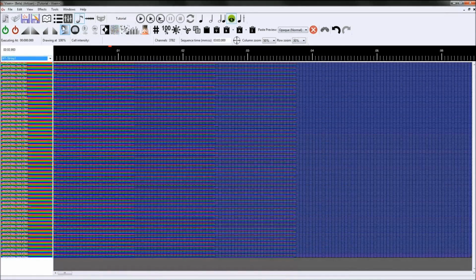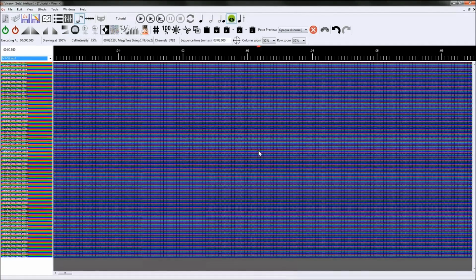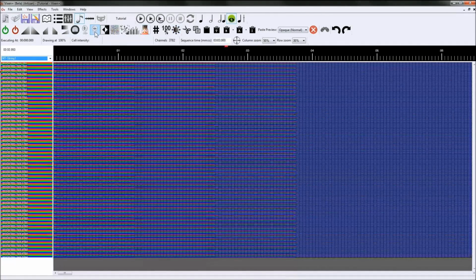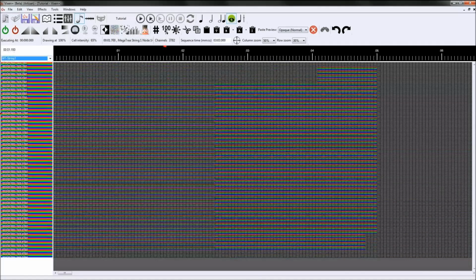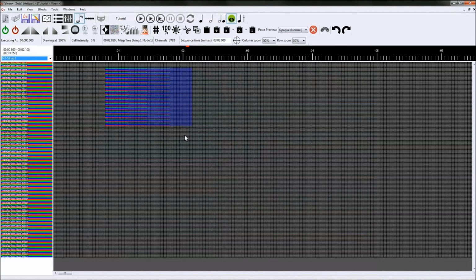And I can set all the cells that are selected to a specific intensity. I can say set it all to 75%. Now they're all set to 75%. I just undid that. Mirror vertically, mirror horizontally. If I have, oh, how can I demonstrate that? I've got a fade and I say mirror that vertically. That's not going to do much. And I take and I paste it there. That doesn't do much. But if I say mirror it horizontally,